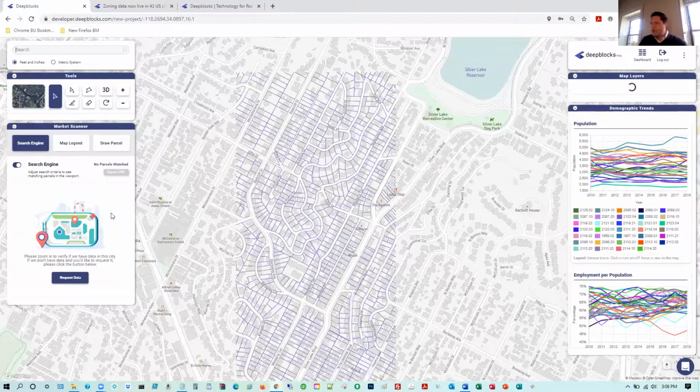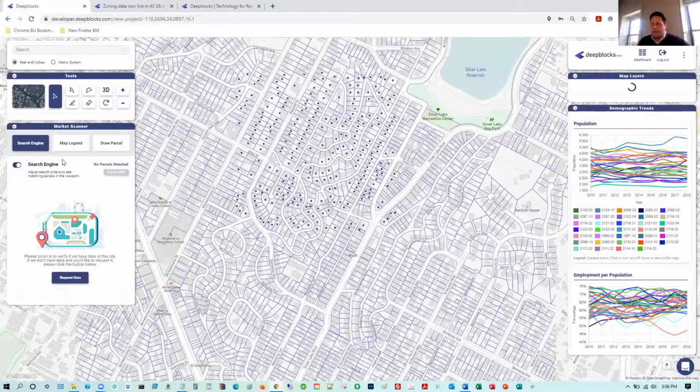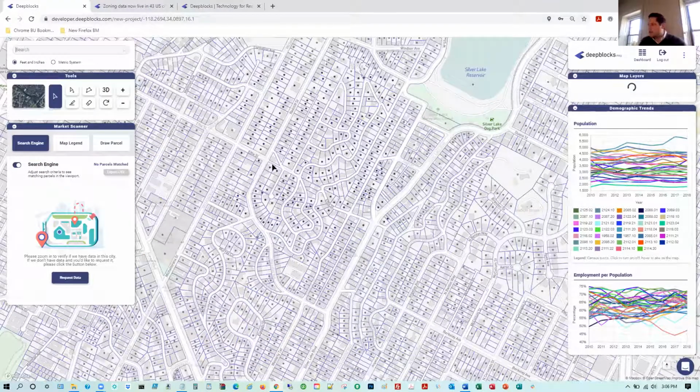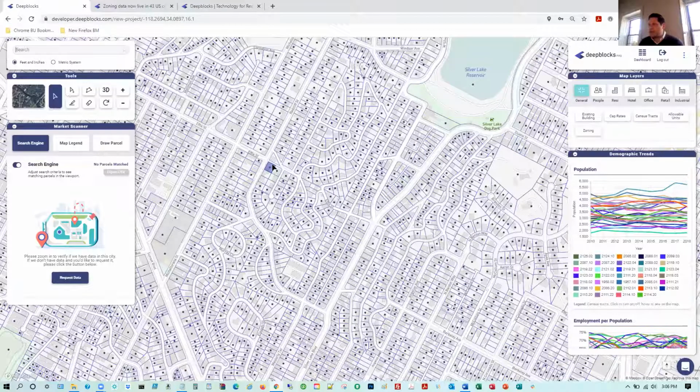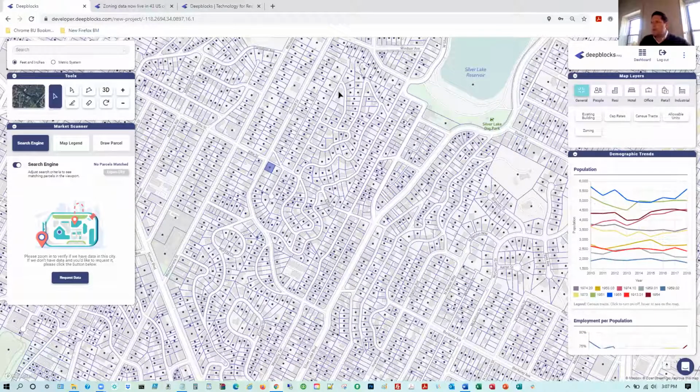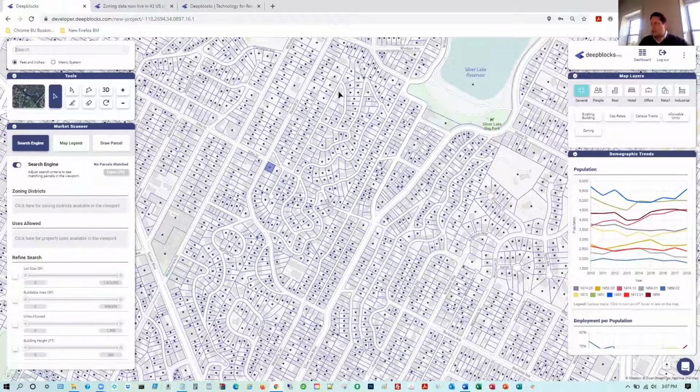But before I get into the specifics and details of how our market scanner works, I'd like to give you a quick background on the software. Again, there's basically two interfaces. The front end interface, which we're looking at right now, is our market scanner or search engine. This allows you to scan through thousands and thousands of parcels, and quickly refine your search in a matter of minutes and find a handful of parcels that meet your criteria and cater to your investment